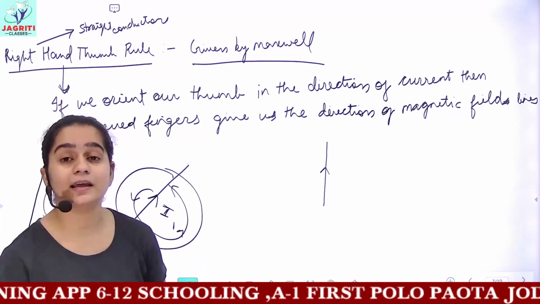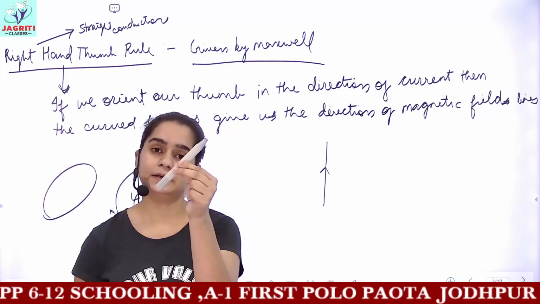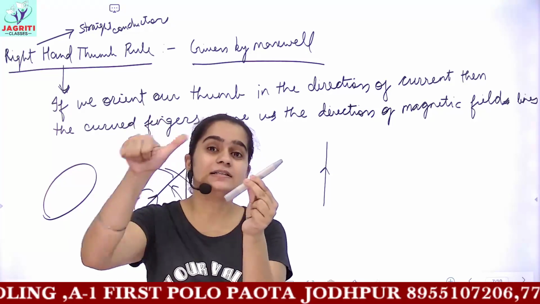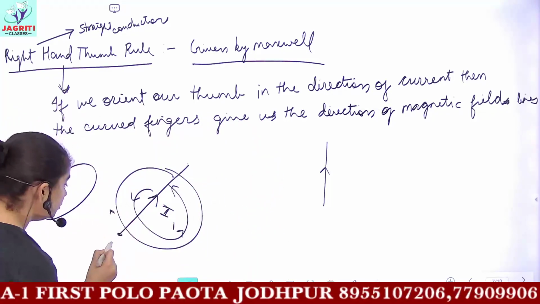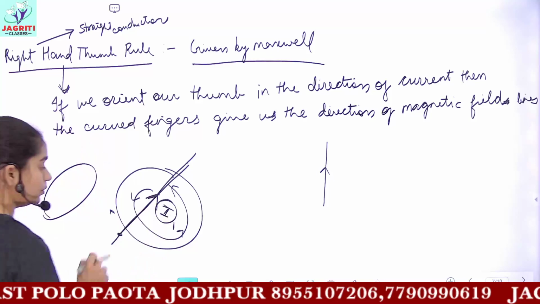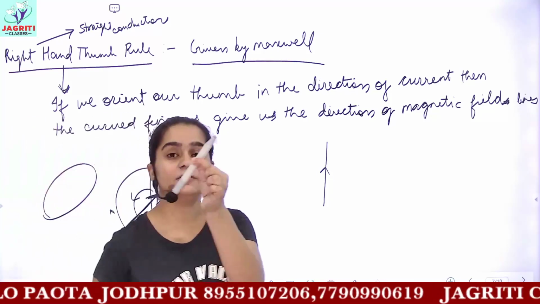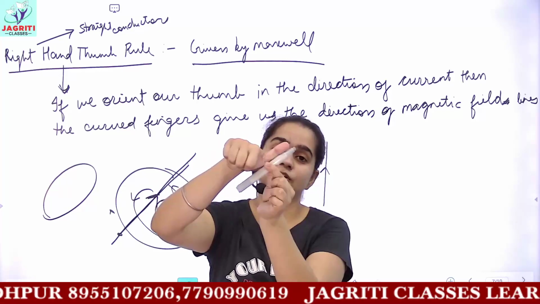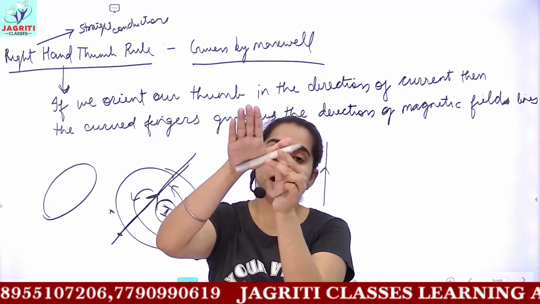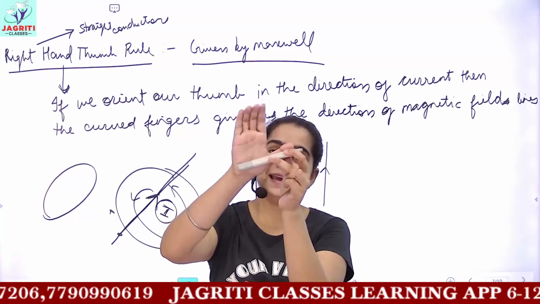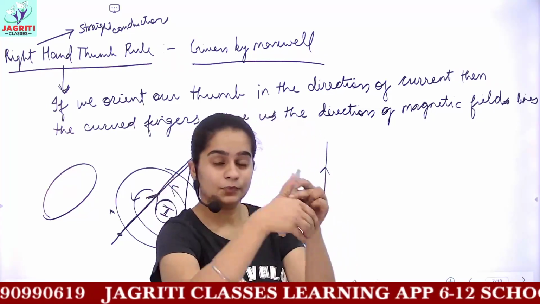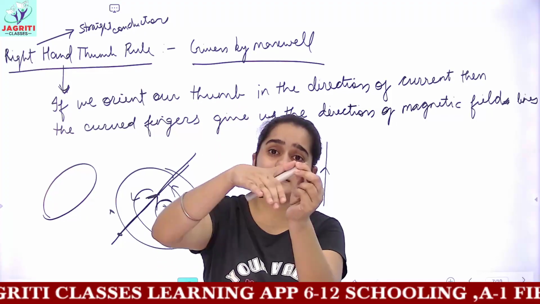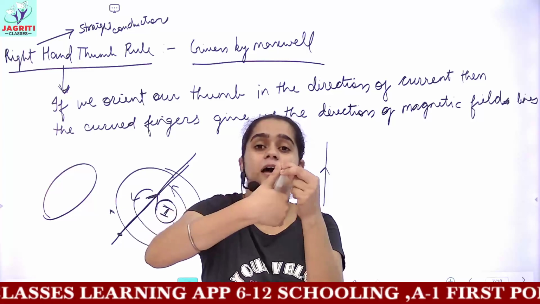I'll revise it again. See, this is the position of conductor. So hold the conductor in your hand such that the thumb represents direction of current. I showed you direction of current is this. So this is my conductor which is obliquely placed, and this is the direction of current in this direction, so I am holding it in this manner. Now magnetic field lines, these are going in and then coming out. I hope this is clear. See, magnetic field lines, these are going in the inner side and then they are coming again out back.